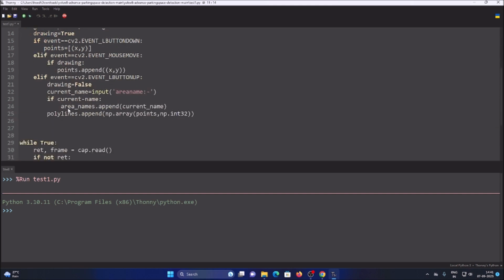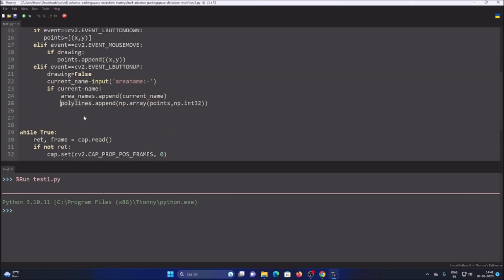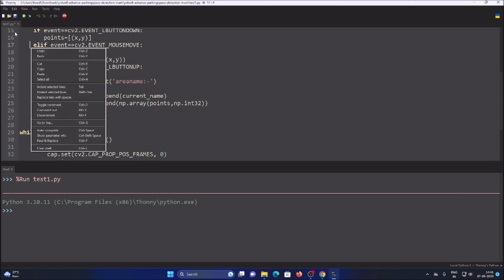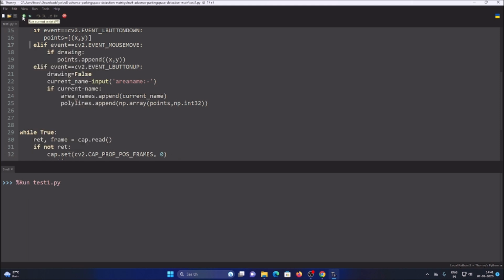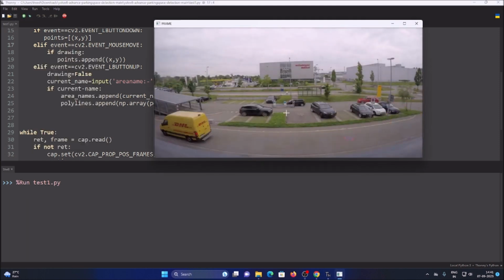Now simply we can say here, the polylines append will come inside the current name. When we have current name, area names append, it will save all the current names inside our area name list, and then polylines dot append np array points np dot int32. This is the method. So just save it and run the code. Now if I draw the polylines over here,